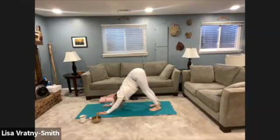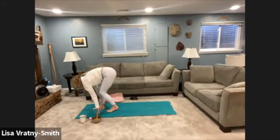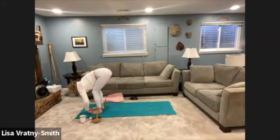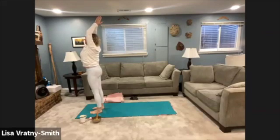Pressing into the palms of the hands and the balls of the feet as you lift up through the sitting bones. And looking up toward our hands, you can walk or jump your feet up toward the hands. Softening the knees, inhale, sweep the arms out and up, palms together over the head, and exhale, hands to the